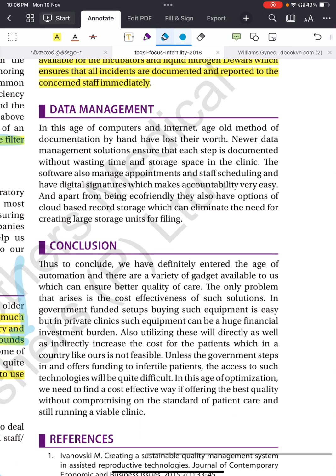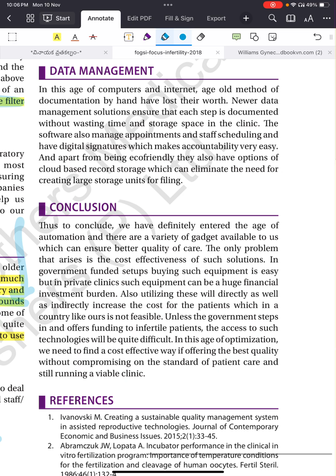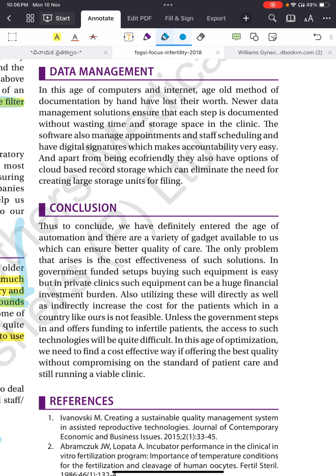Conclusion of this chapter: we have definitely entered the age of automation, and there is a variety of gadgets available to us which can ensure better quality of care. The only problem that arises is the cost effectiveness of such solutions. In government funded setups, buying such equipment is easy, but in private clinics, such equipment can be a huge financial investment burden. Also, utilizing these will directly as well as indirectly increase the cost for the patient,